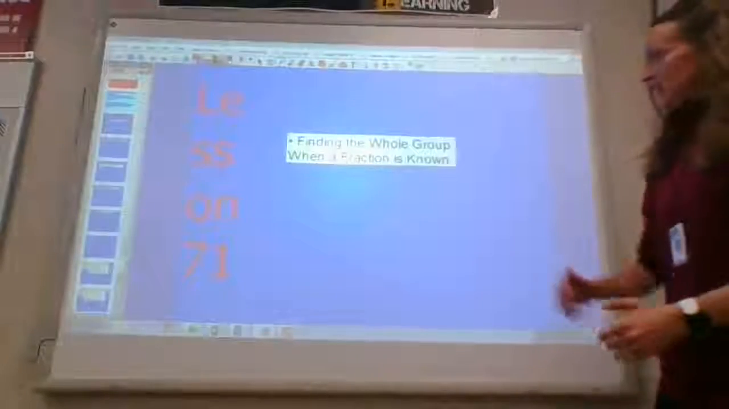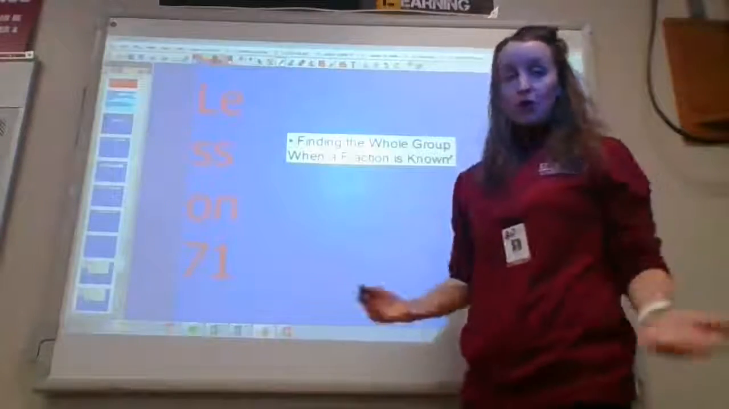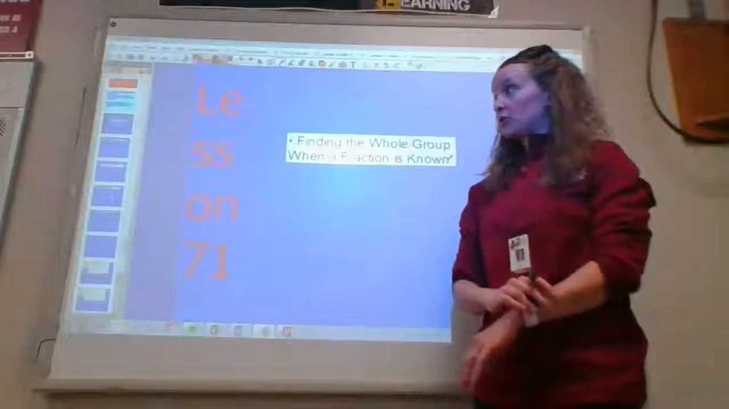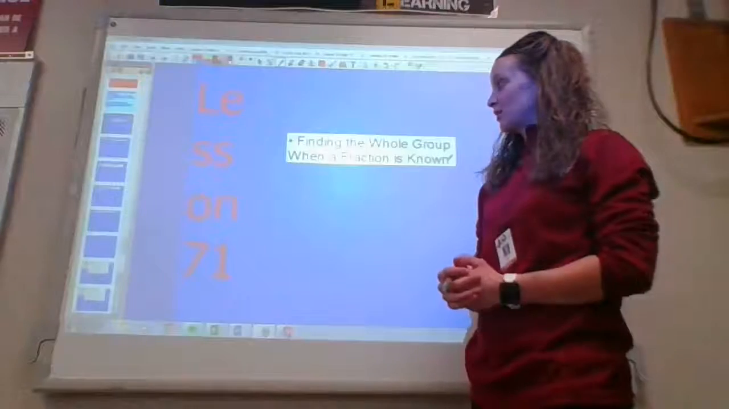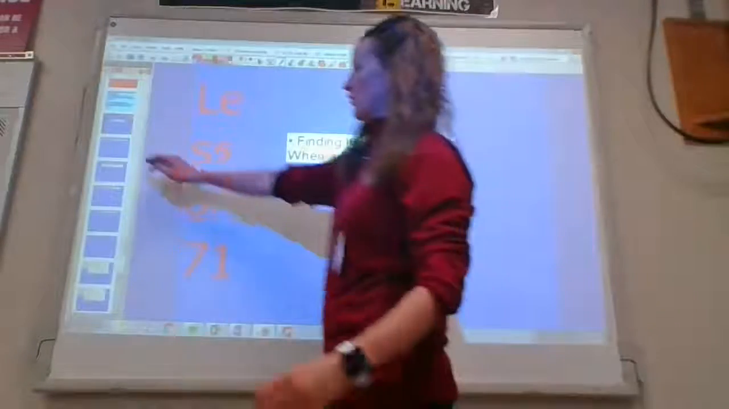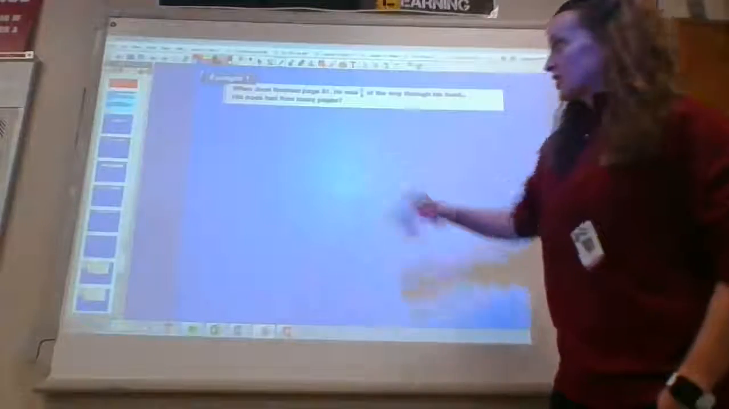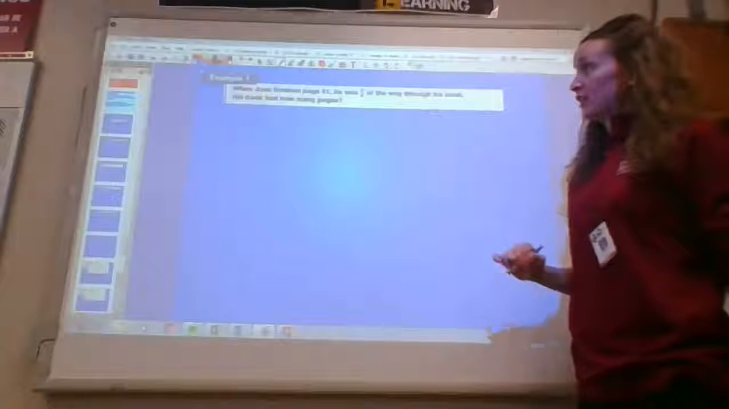Today, we're going to be talking about finding the whole group when the fraction is known. And if you ever want to look in your books, we're going to go through the same examples, but you're going to be able to take notes and understand it from the teacher's side of view. So the first example for lesson 71: